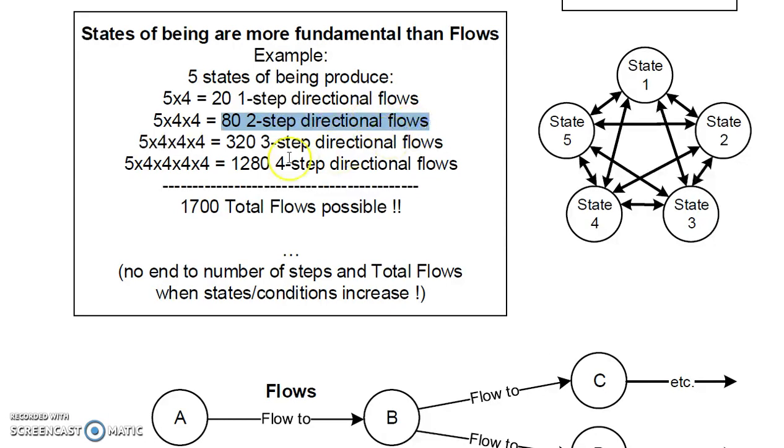two-step directional flows. We end up with 320 3-step directional flows. That is, for example, a 3-step directional flow would be start off in state number 1, transition to state number 4, transition to state number 3, transition to state number 2. That would be a 3-step flow. If we're looking at a 4-step flow, we end up with 1,280 directional flows. That is, if we look at 4-step directional flows, we could end up with 1,280 flow charts to